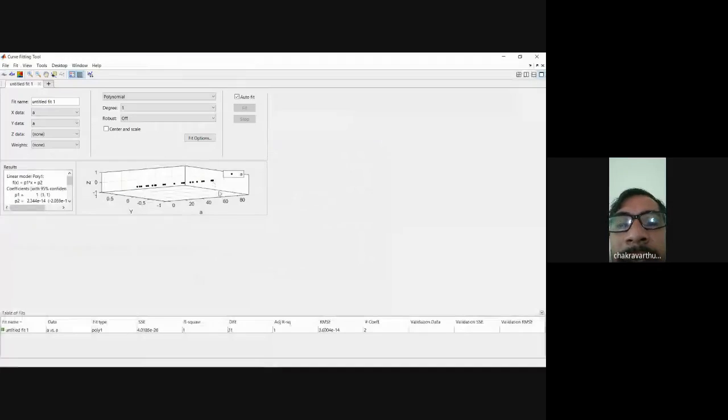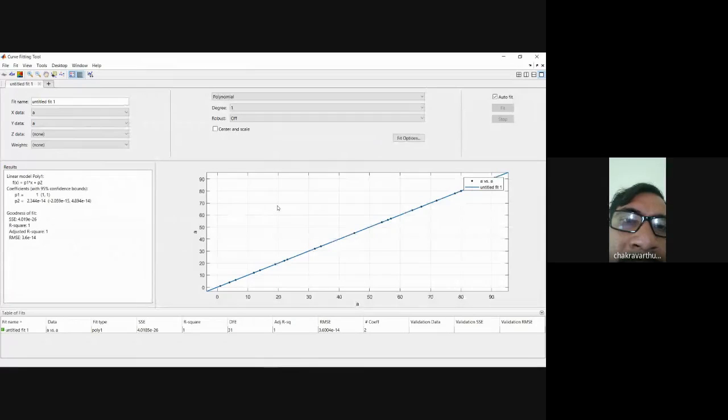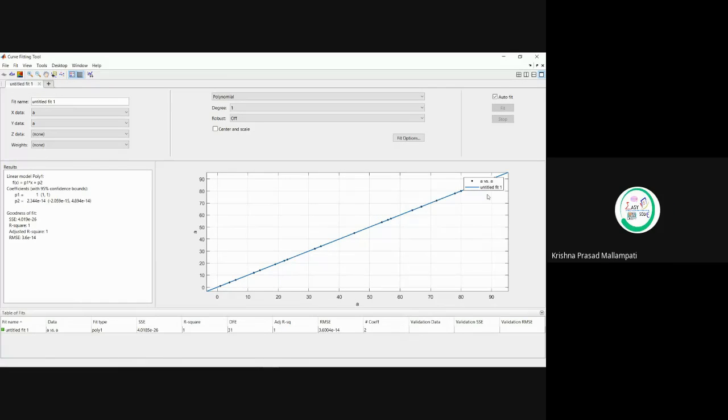Surface. Similarly, in the box on the left side, the values are indicated. When you are solving the linear curve fitting, we get two constants, right? ax plus b is the linear curve. I hope you have studied this. In ax plus b, we get the a and b values. The same way we get p1 and p2 here. It is going to give you the goodness of fit, in the sense of the standard error, root mean square value, and r square value.